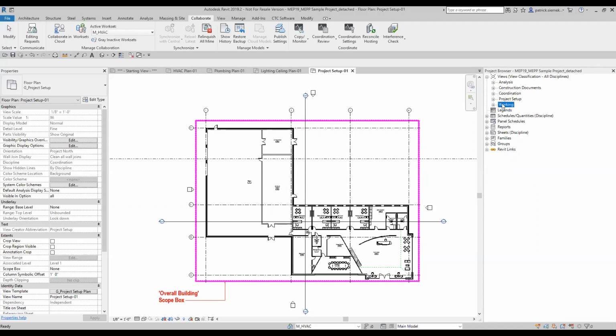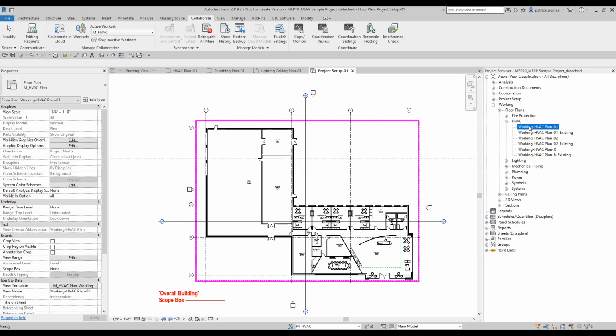And the final view type we have is working views. So again, this is where all the modeling is done. So again, you work and you model inside of here. View templates inside of these working views have already been created to help show if things have been placed correctly in the right areas. So an example of this one, if I start expanding where my working views are, and I go into my HVAC working plan,